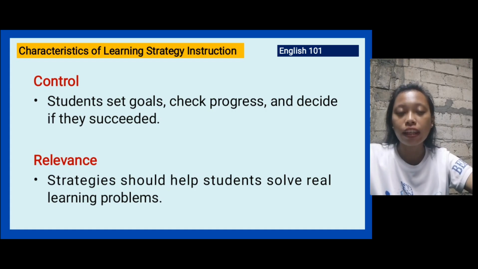Next is relevance. Strategies should help students solve real learning problems, meaning strategies should be useful for solving real learning problems or helping students in daily life. Example: teaching note-taking skills helps students organize ideas better